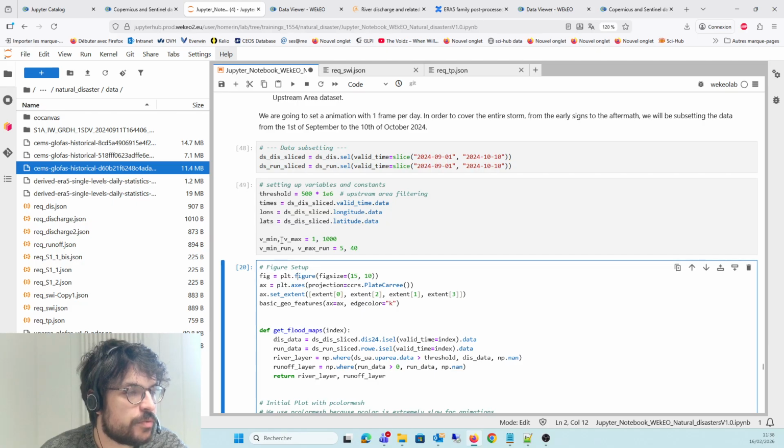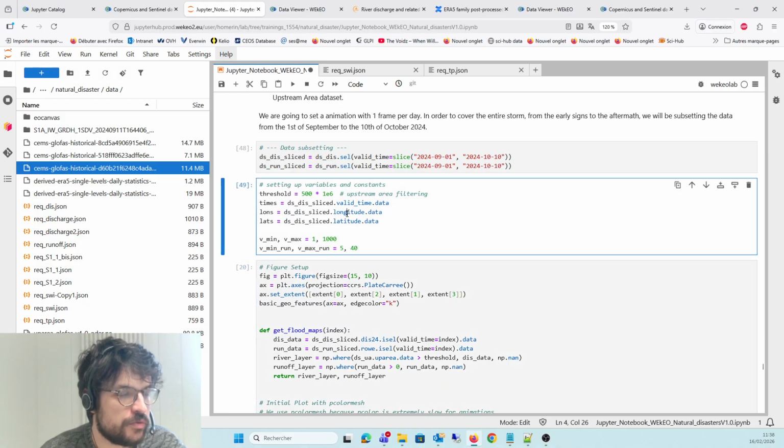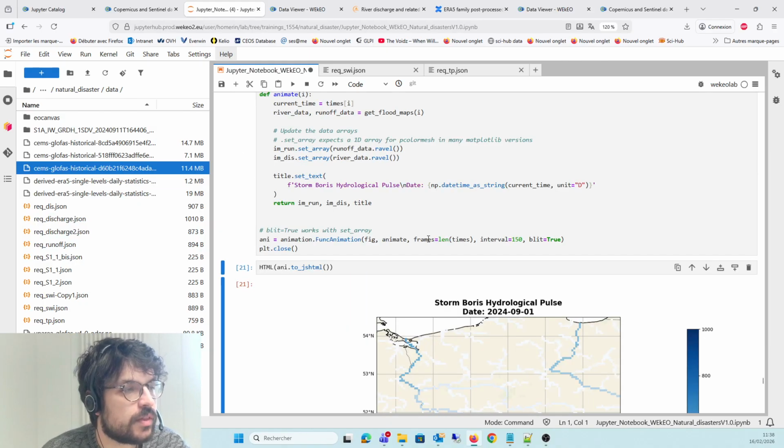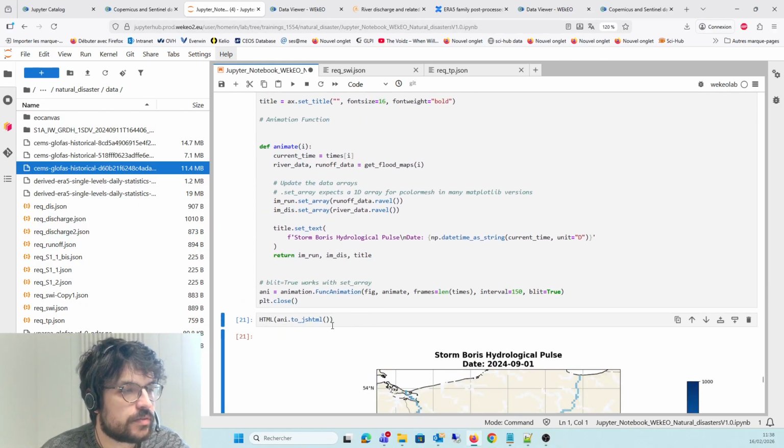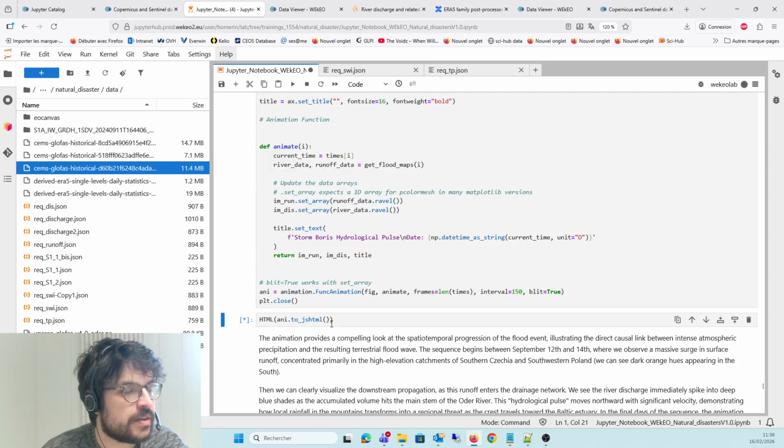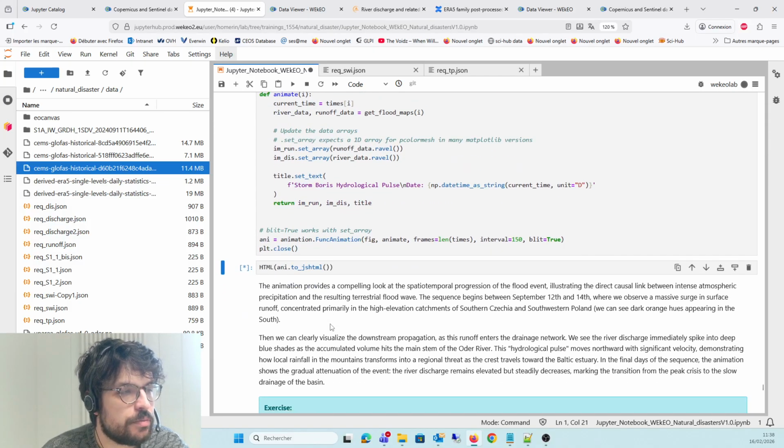Here is just a setup for the variables and constants to be visualized. Here's the threshold to filter the upstream area river discharge. Here are the minimum and maximum values to set up the color grading. Here we set up the animation, and here we display it.